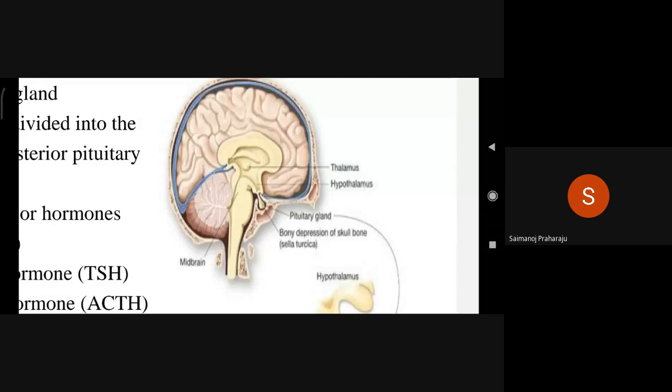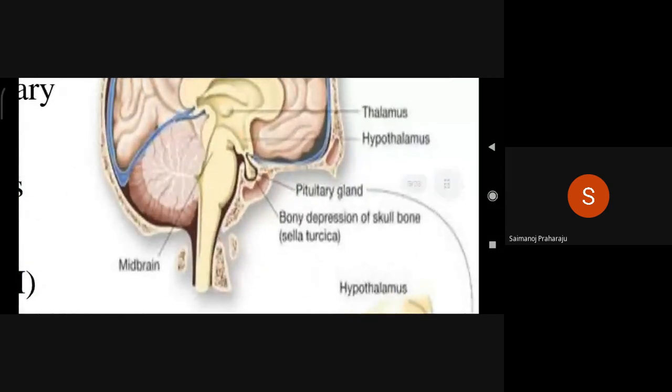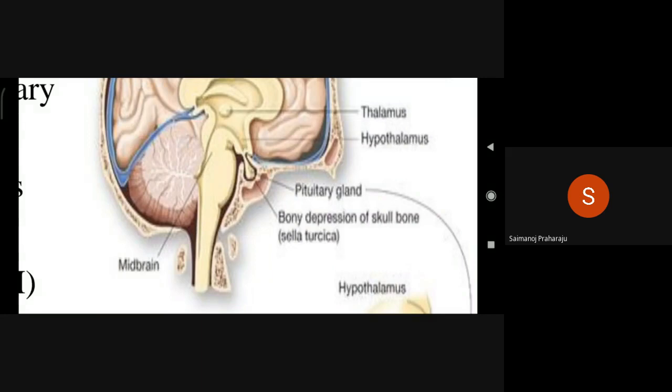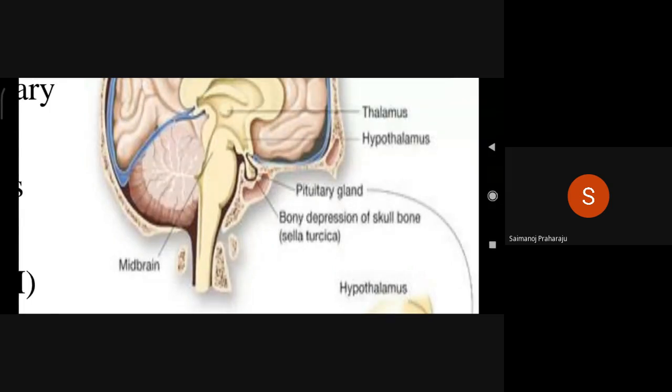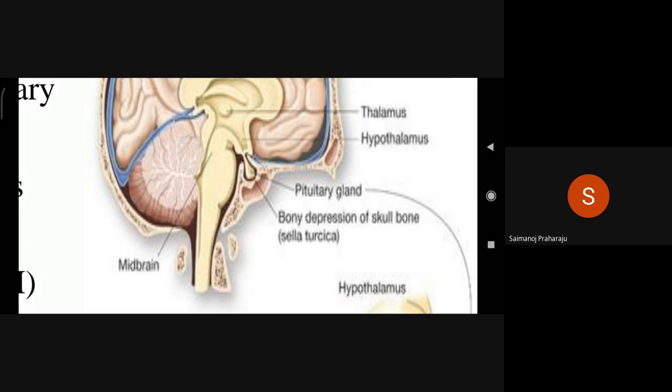Okay, in that ethmoid bone, you can see a depression in which the pituitary gland is placed well. That depression is known as sella turcica. You will see it in the PDF that I will provide you. The picture is a bit hazy here, or you may search in Google for the depression in the ethmoid bone known as sella turcica, holding the pituitary gland very safely. You can see it in this picture too.